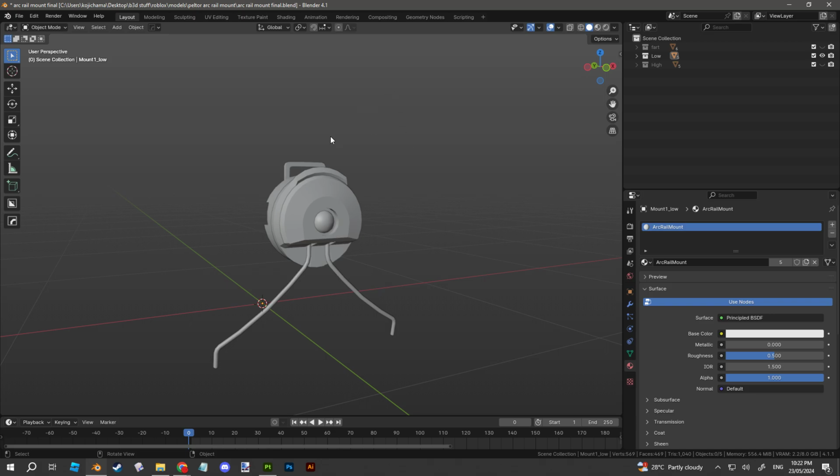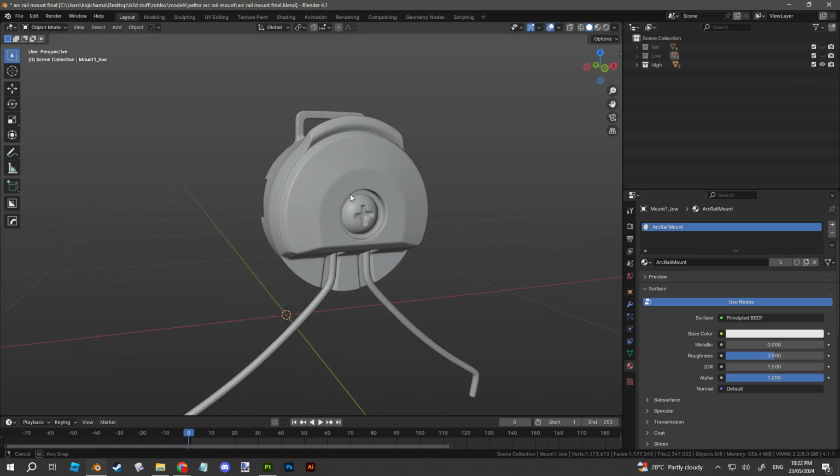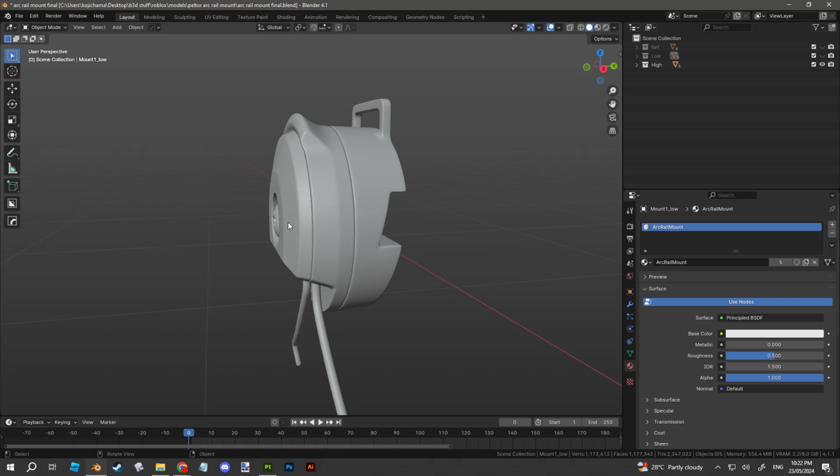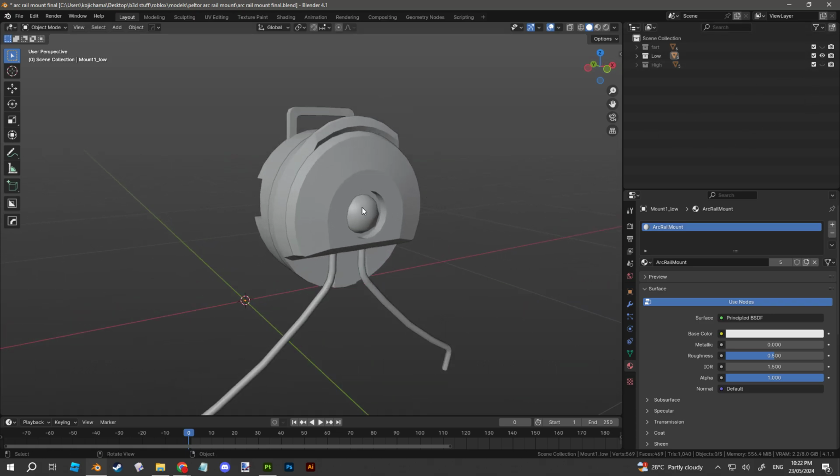So first of all, preparation. Your meshes obviously have to have a matching silhouette like this. So the low poly and the high poly need to match that aspect of it. And